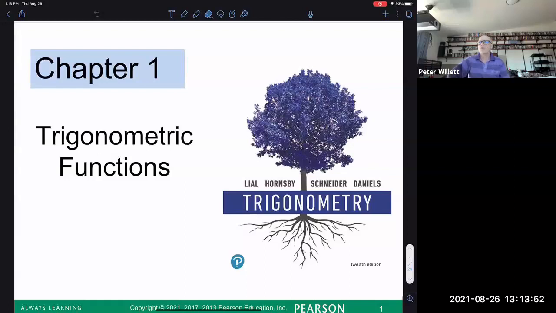Okay, welcome to the beginning of our trigonometry material. So this is chapter 1, and we're going to, not too surprisingly, start with section 1. And chapter 1 is about trigonometric functions. I believe they're going to introduce the actual trigonometric functions in 1.3. But before we get there in 1.1,